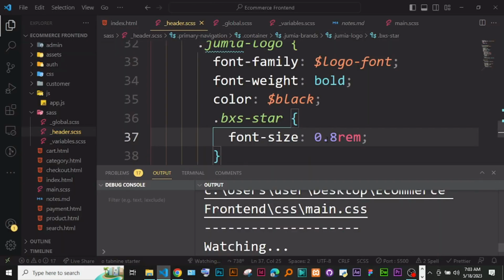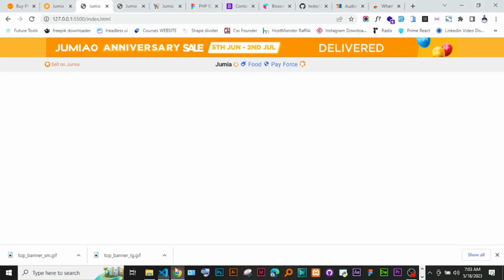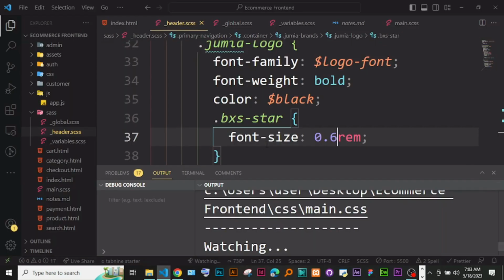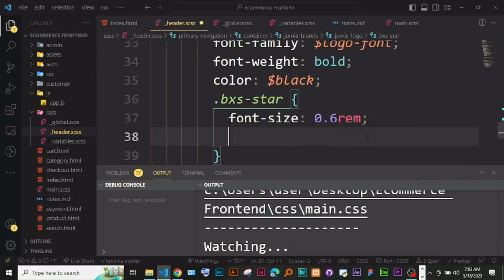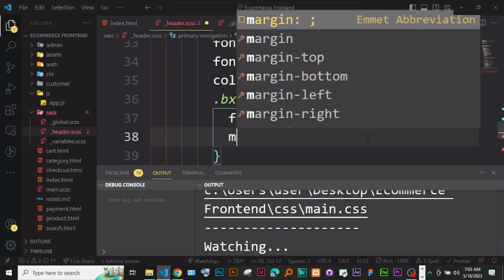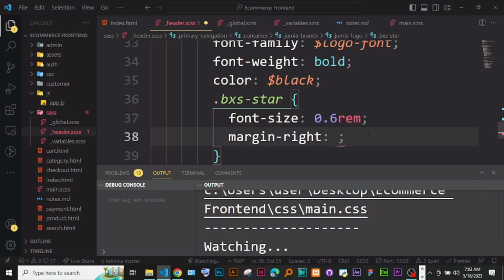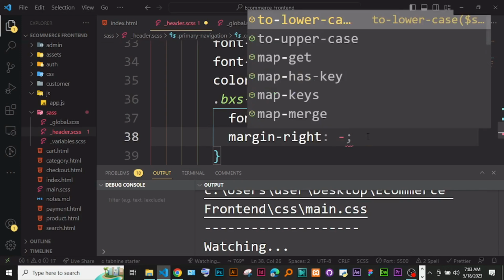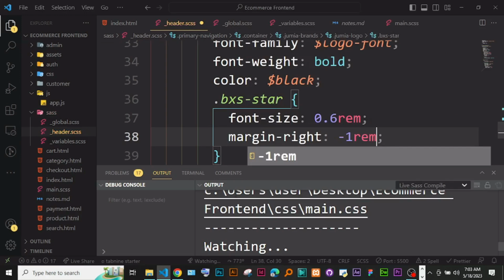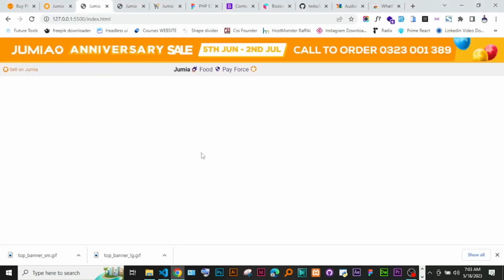Okay, let's just keep it 0.6. Okay, that one looks fine. I'm just going to give it margin, so we could give it margin right as negative, so like 1 rem. That one would push it towards,